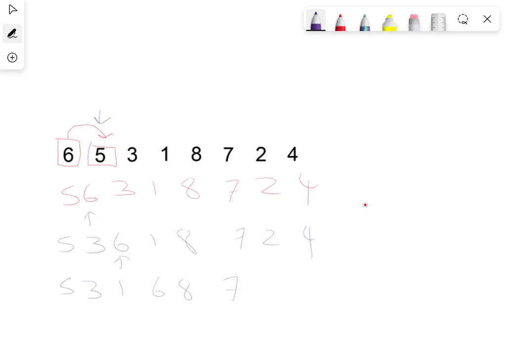But what do you notice about these numbers? These aren't sorted out yet. So it's going to keep moving this along, but it'll still be unordered. Whereas an insertion sort, the way it works,